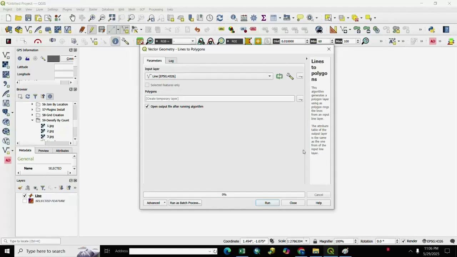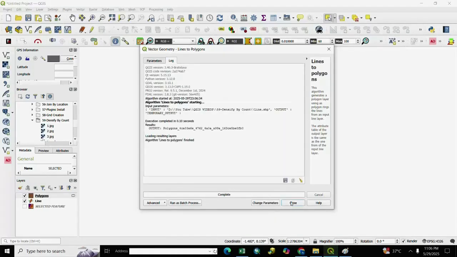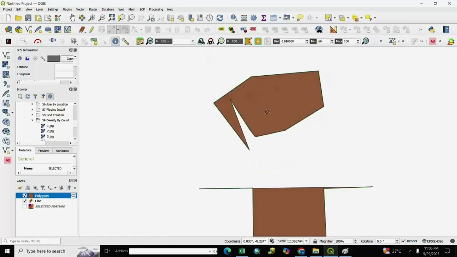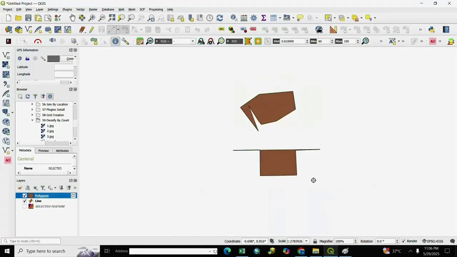We click here Lines to Polygons, and we select here the line feature as input. After it we run it and close it, and you see here our feature is generated, line to polygon.